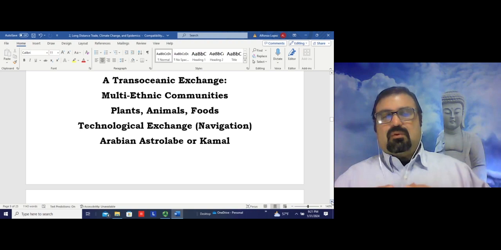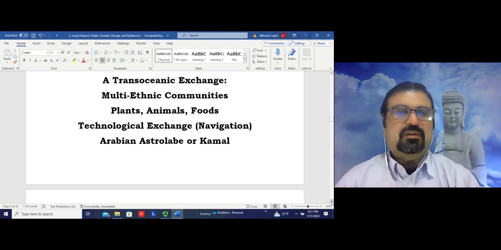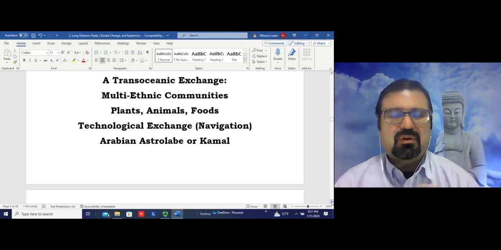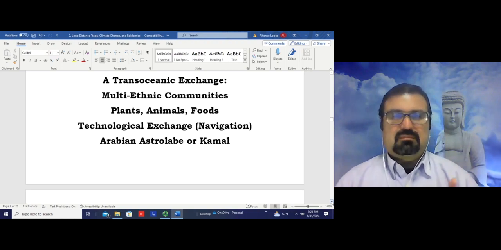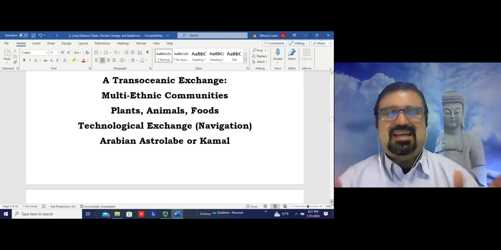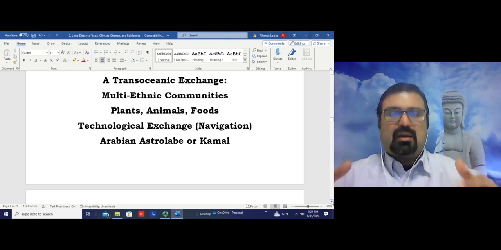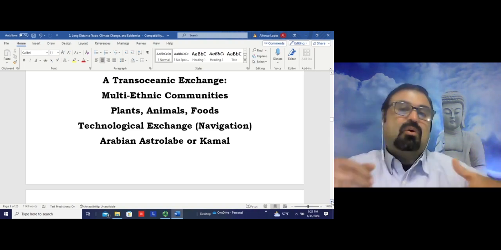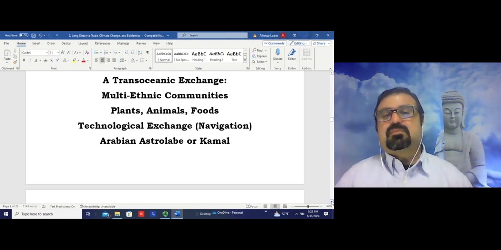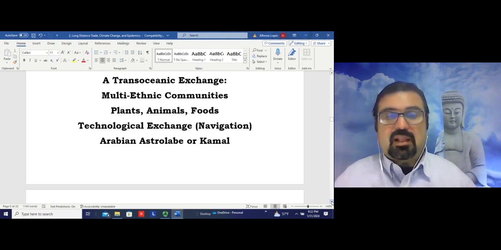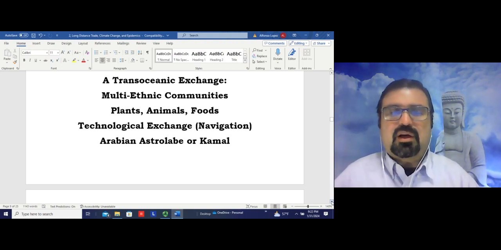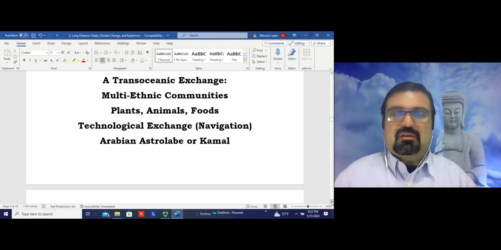Now, in this network, something we covered in the first session, we're not only looking at commercial exchange. People are not just moving commercial goods along the network, but also what we see is that there is an exchange of cultural and also technological, religious ideas as well in this process. We see, for example, that across this network, we see the emergence of multi-ethnic communities. Merchants are moving along the network, and they're not just carrying goods from one place to another. In many cases, they arrive, for example,